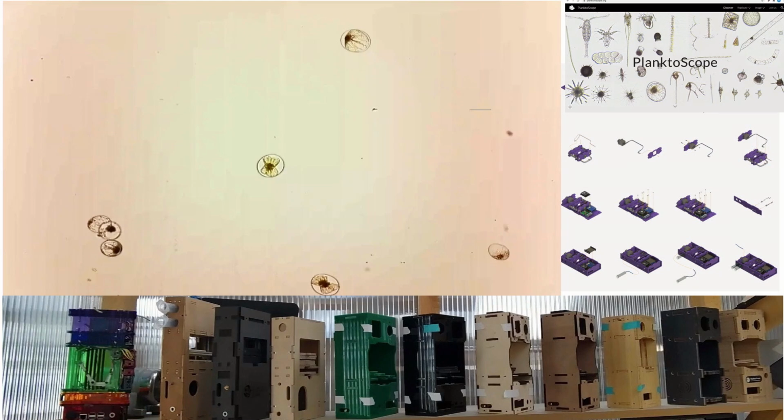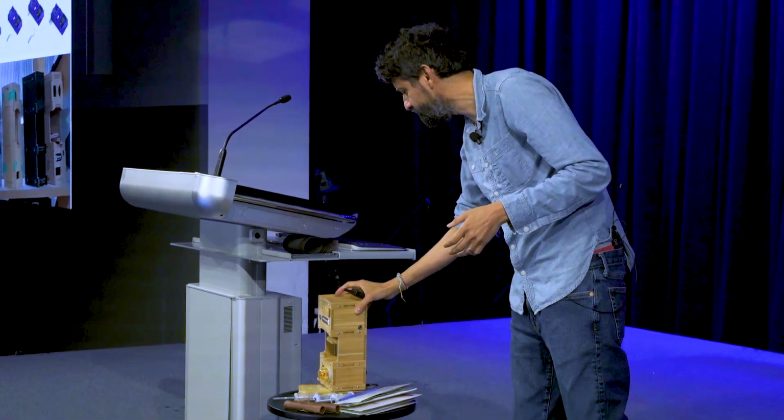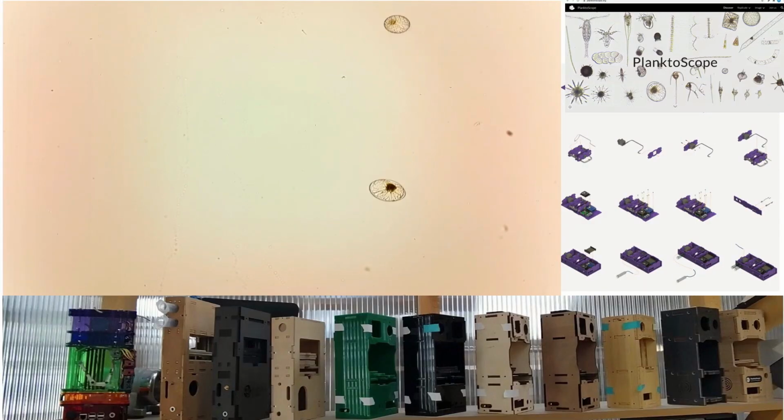And then the tool that you saw has had its own evolution. I have one of these sets of tools right here. It cost us a couple hundred dollars to make. It's completely open source. And then you start essentially measuring the types of life that you see in aquatic ecosystems.